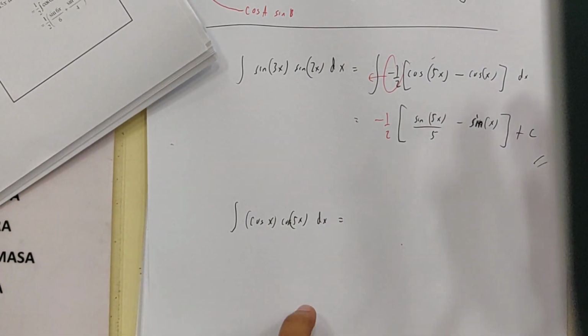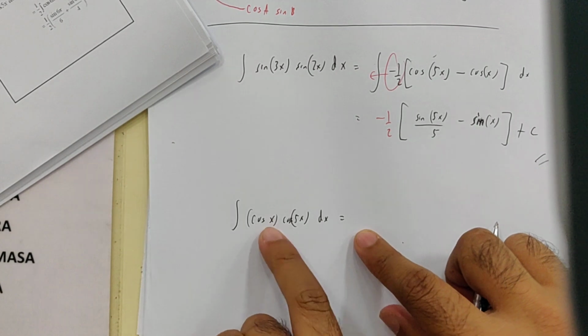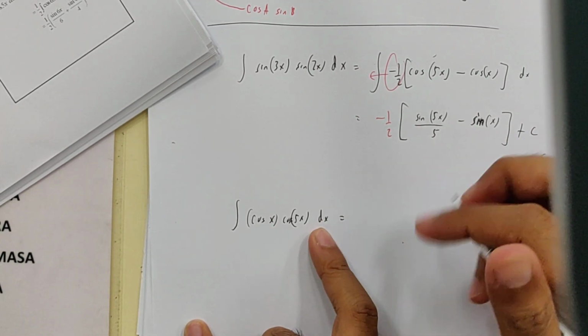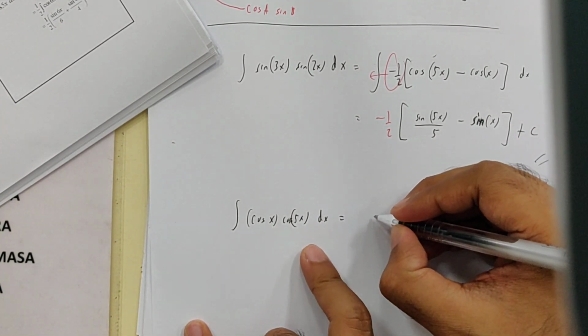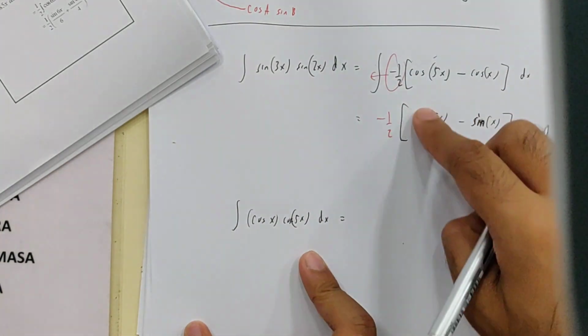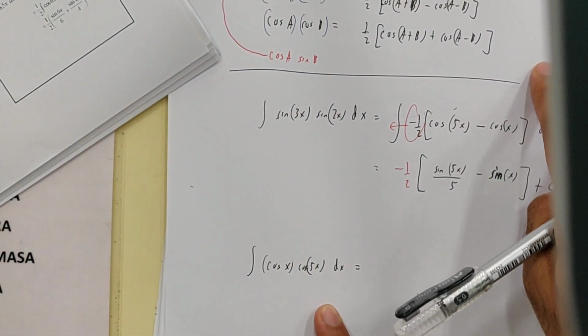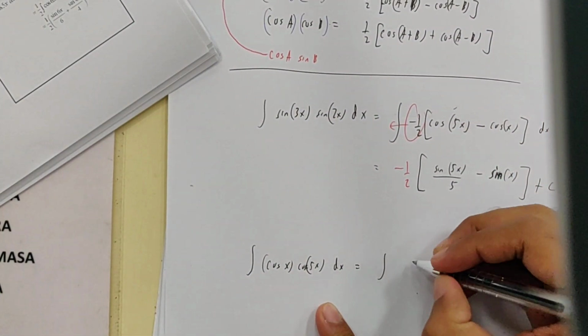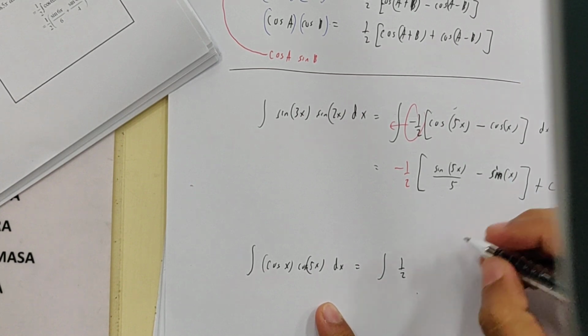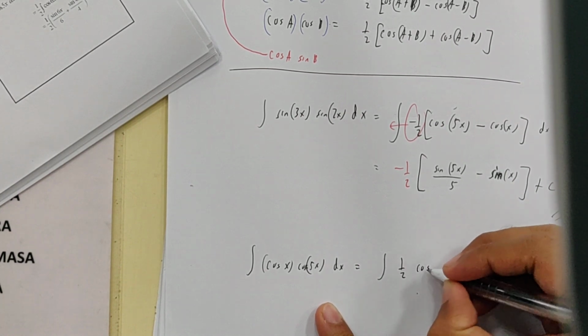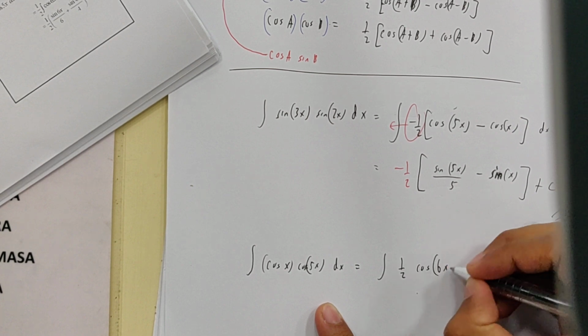I think you need a bit of guide. Cos x, cos 5x. So, which one should we use? The third factor formula. So that means 1 over 2 cos 6x, very good,